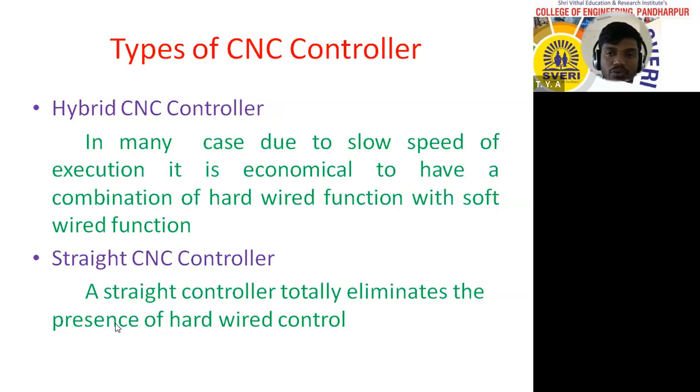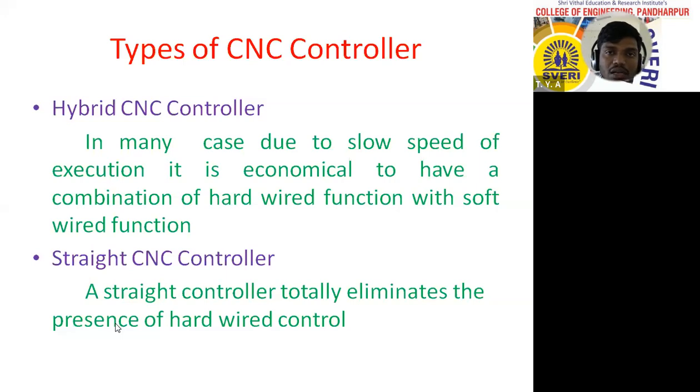So in many cases, due to slow speed of the execution, it is economical to have a combination of the hardwired function with a softwired function. Means we are using a hybrid system, means you are mixing one fixed system and one soft system, means wireless with highly automated system, and one is a conventional wired system. So at that time we are using both of these systems simultaneously, so that is called a hybrid CNC system. And straight CNC controller system means a straight controller totally eliminates the presence of the hardware,